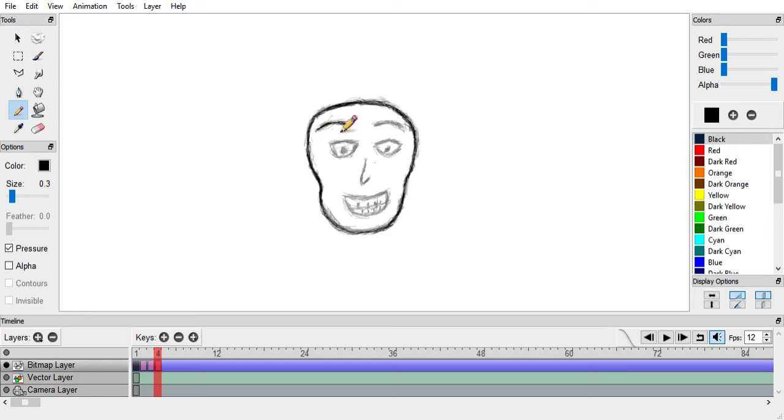You have to stick within reason with the tweening. For example, you can't just draw a circle down here and then draw a circle over here and then tween it and expect it to go there. Nah, that won't work at all.